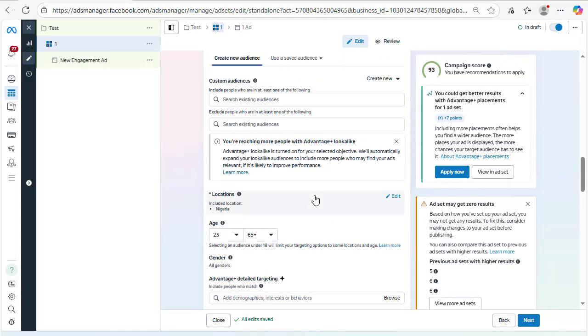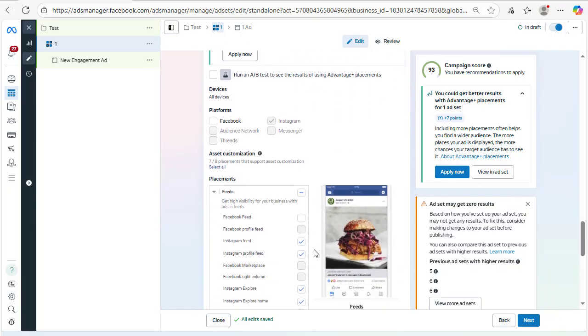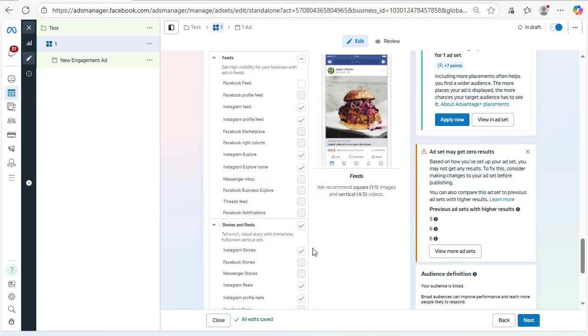You would start like this, no exclusion. This is a very, very important factor. This 23 to 65, you start like that. So this would help you to adjust. This will give you an insight into what exactly is going on in your ad account. You understand? Now, after you've been able to do this under your ad sets, the next one is